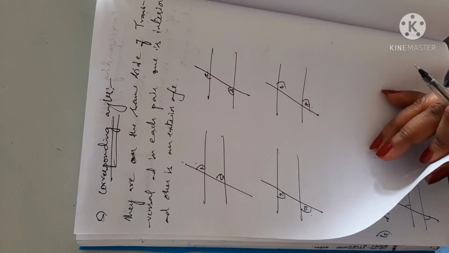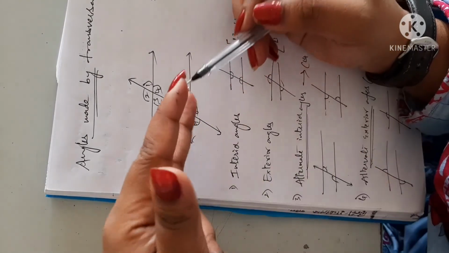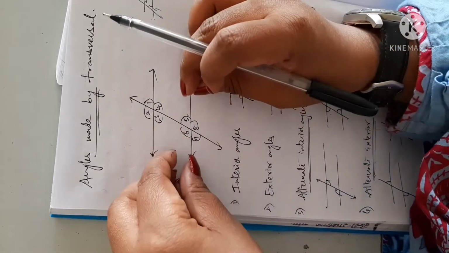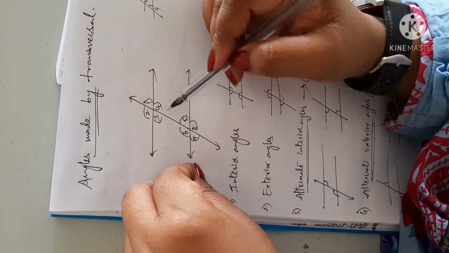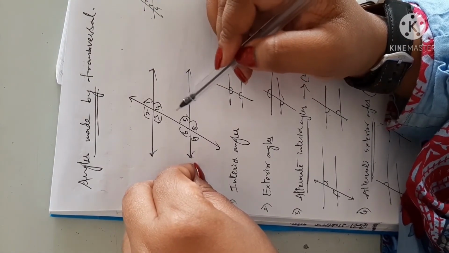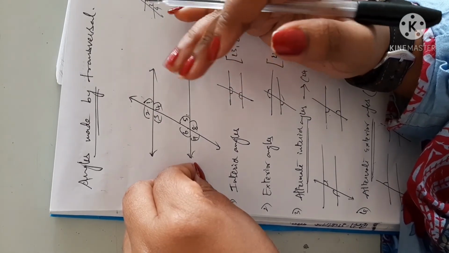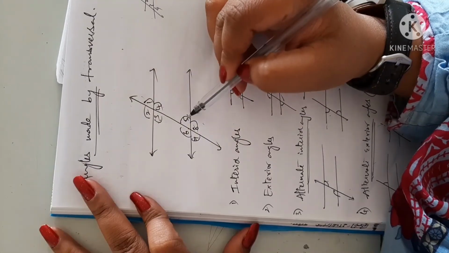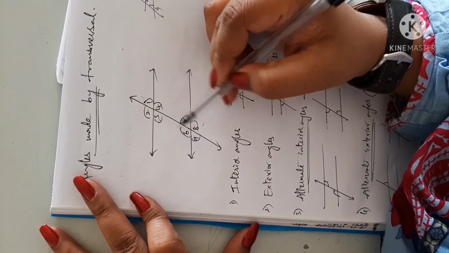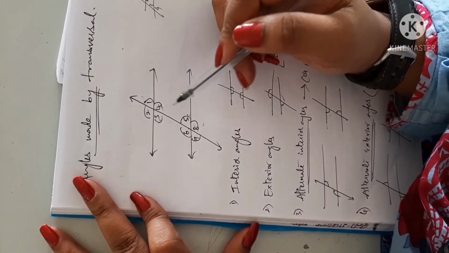Now I tell you one more point. If you observe this diagram, imagine you cut here and try to place the bottom diagram on the top, or the top diagram on the bottom. The angles are going to have the same place. Angle 1 and angle 5 are going to coincide. Angle 4 and angle 8 are going to coincide. 1 5, 4 8, 3 7, 2 6. These are corresponding angles. Mathematically, what is the definition?